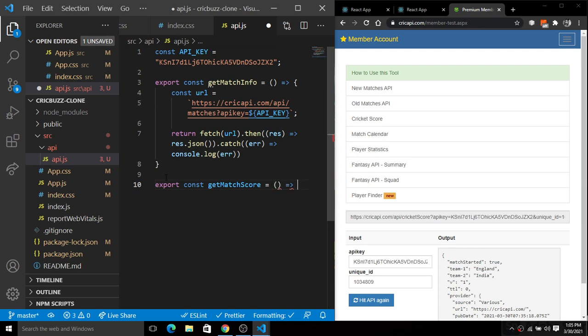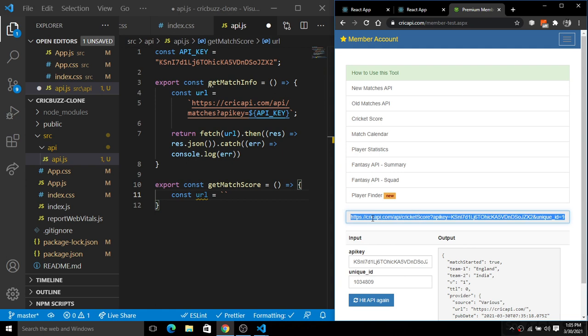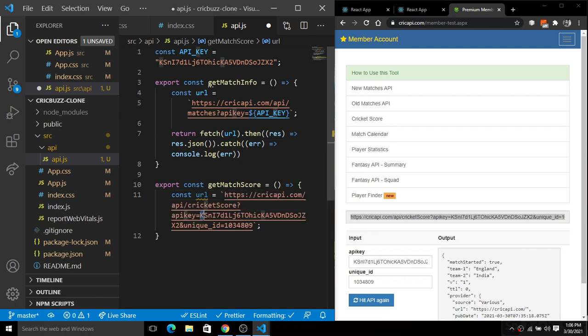And here simply give a const URL just like this, and create backticks here, copy everything there, and paste it down here. Okay, so inside of this we have to put the API key here.